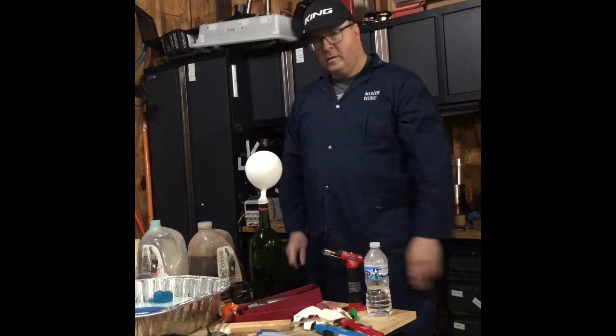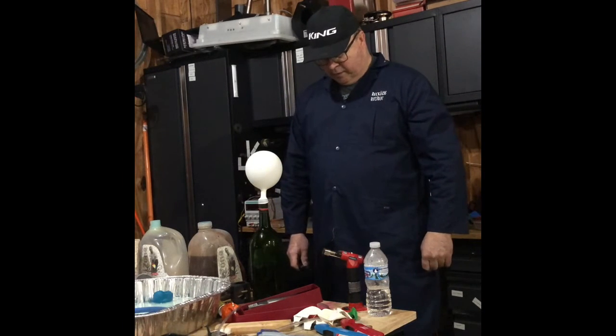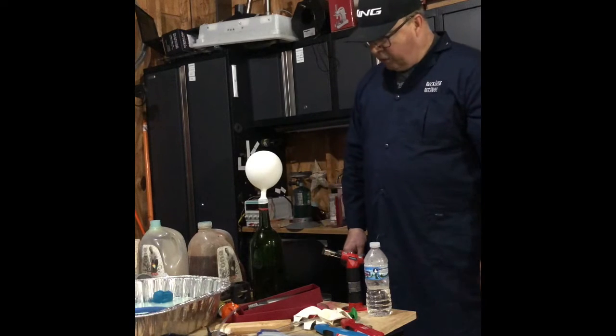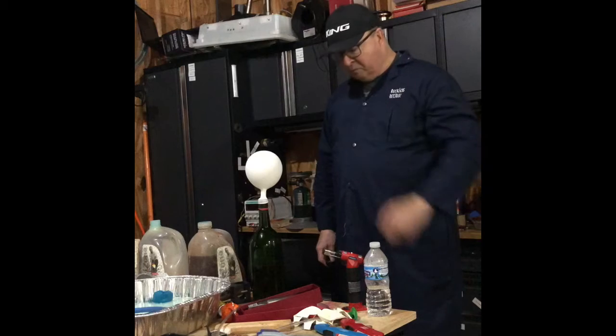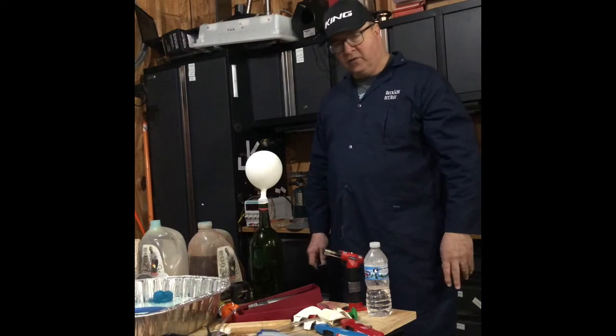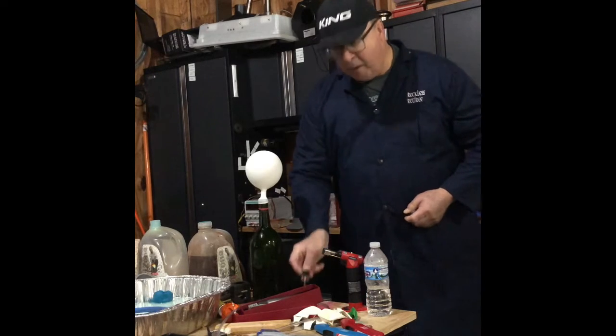With my balloon of hydrogen. And so I'm going to take this to the next stage, and I'm going to make a few modifications. Now I said I was going to hook up this spout